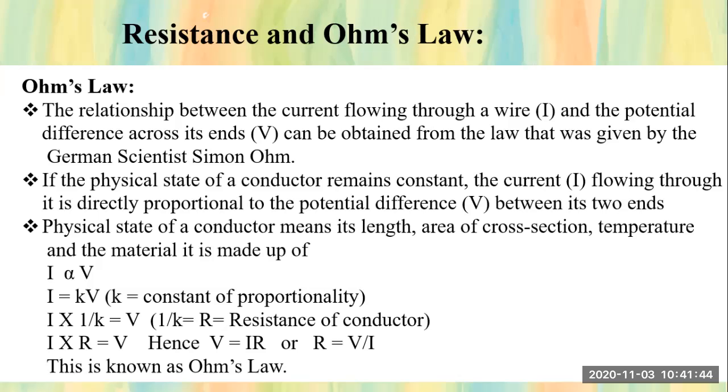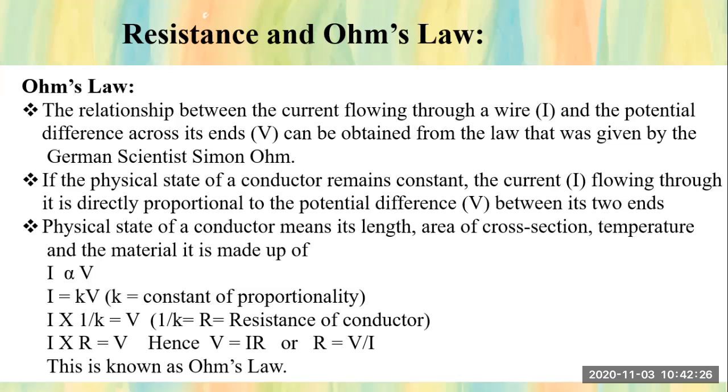Now, when I remove this proportionality sign, I equals K into V. A constant term K comes, and K is nothing but the constant of proportionality. Whenever the proportionality sign is removed, equal to and a constant term comes in. Now, the K is on which hand side? Right hand side. When I take the K from the right hand side to the left hand side, it will go to the denominator, right? So I into 1 upon K equals V. Now we will substitute in this equation 1 upon K equals R, capital R,